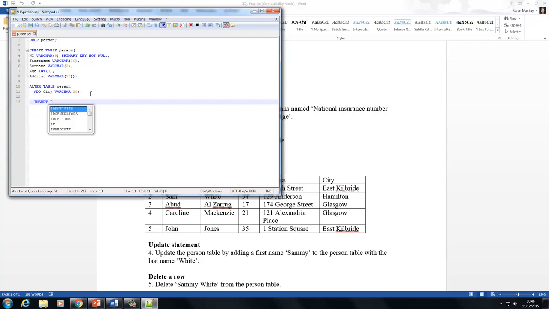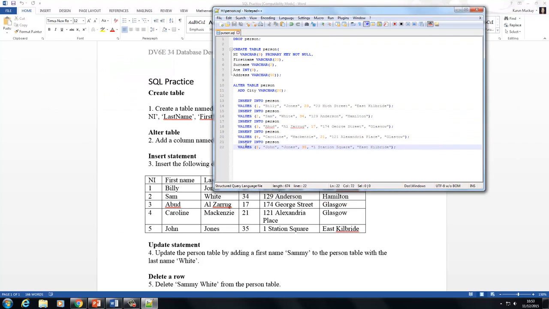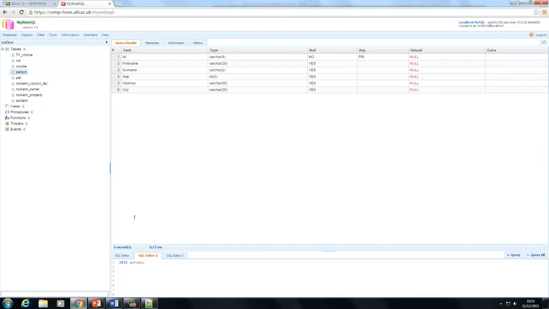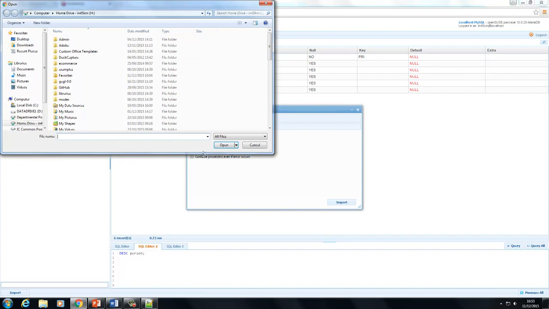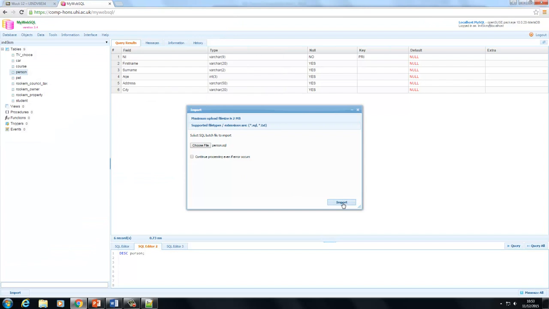The third question on the SQL practice paper is asking us to insert data into our person table. There's some sample data provided here for you to insert into. So again, we'll add this command to our script file. So having inserted the data on our script file, we now need to save the file and import. So data, import batch file, and select the batch file. And if we import,